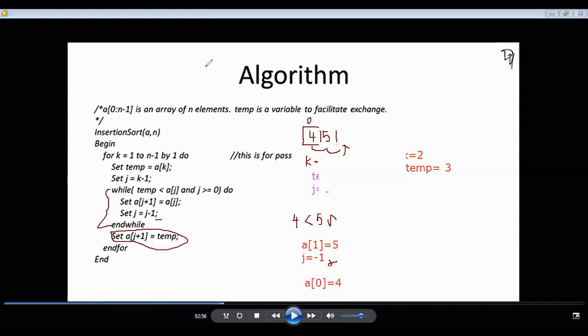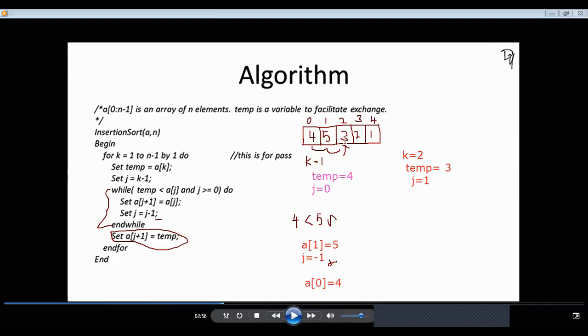And so temp equal to 3 we made. Now J is equal to what? We have to start. See, now you can correlate, right? Say I'm starting here, okay? K value, I'm starting here. Temp I have already maintained this temp value, because I have to find where to put that position, right? So this is the new inserted value, imagine. So I'm just keeping it in temp. Finally, I have to move it to a proper place, whether it should be here, or moved in between, or it should come before 4. That we have to check. That is why till now I'm keeping it in temp.